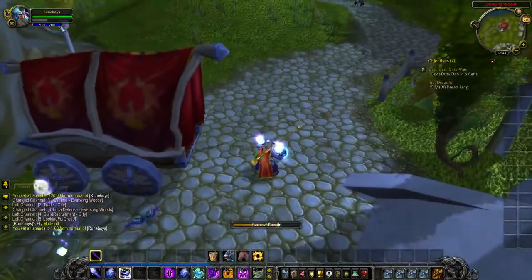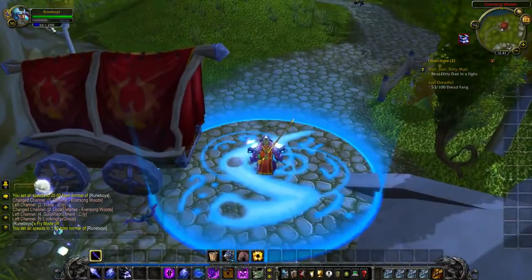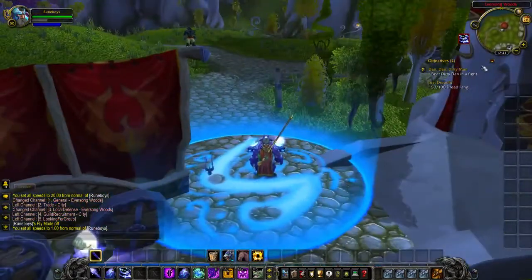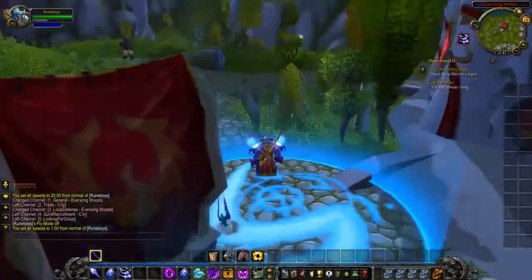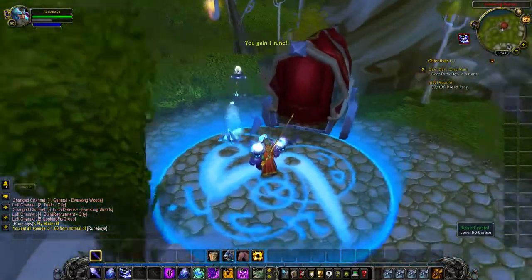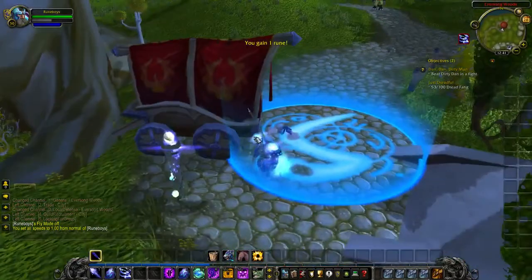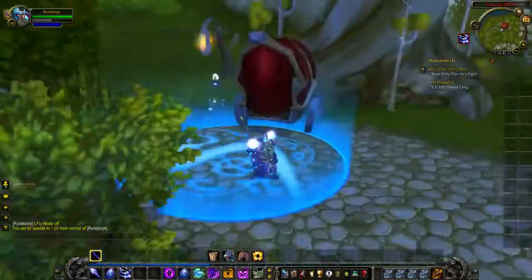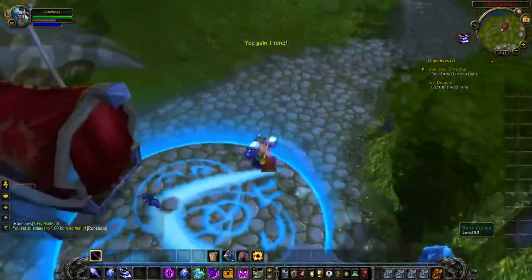cast it, it uses up all your mana as it regenerates, and you get this Rune of Power for, I think, 1 minute? Yeah, 1 minute. And it increases your damage by 50% while you stand inside, but it also does for enemies, I'm sure. I'm not sure, actually, that was a lie, I'm not sure. I think it does for enemies, I know it does for group mates,